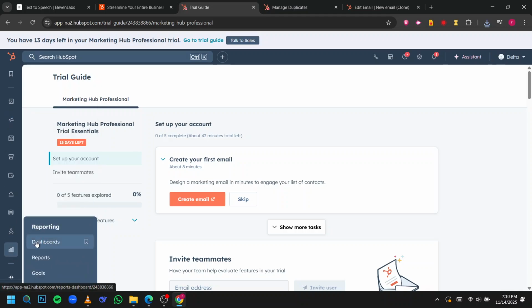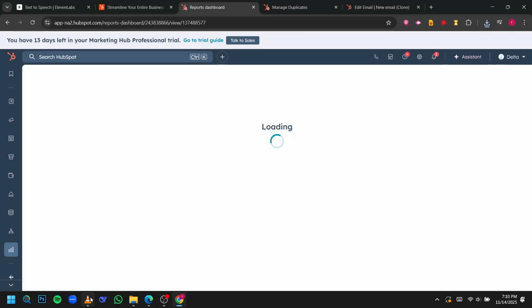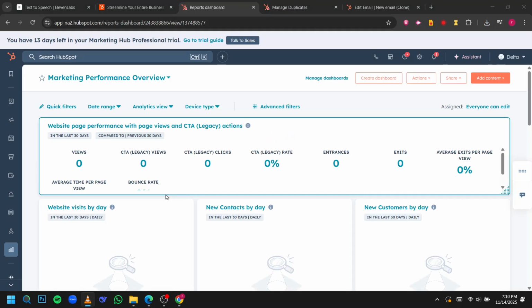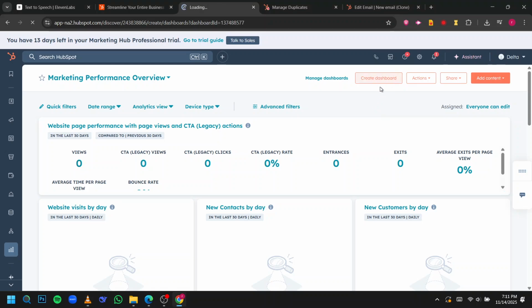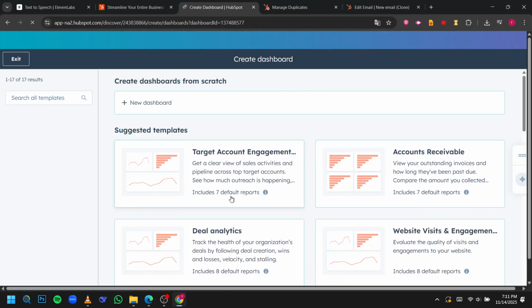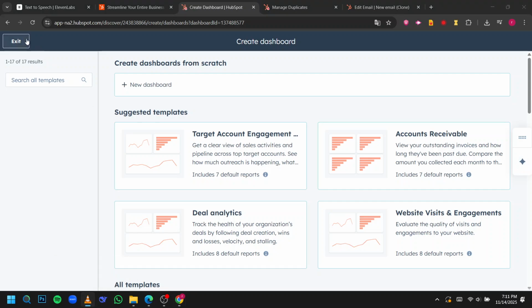From here, click Dashboards, a powerful HubSpot feature that lets you view key metrics and data points in one organized place. On the Dashboards page, look for the Create Dashboard option. Click it to start building and customizing a dashboard that fits your business goals. After you're done creating, you can exit the creation mode by clicking Exit, which takes you back to the main